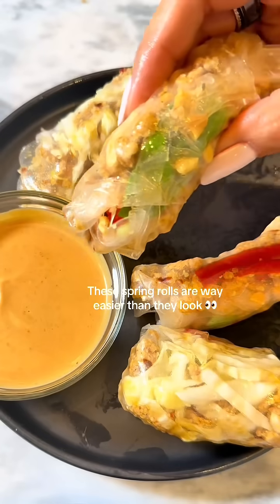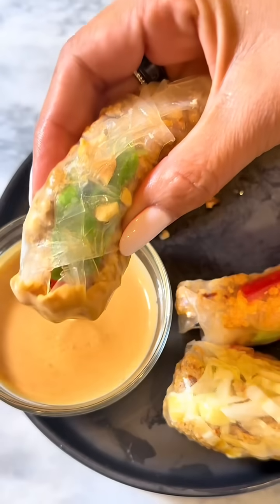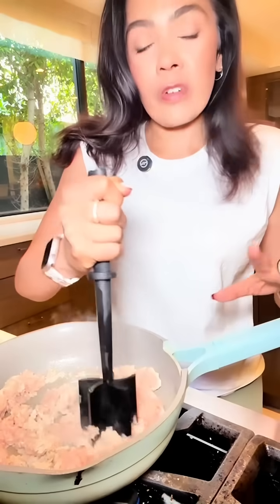These simple, delicious ground chicken spring rolls with a creamy peanut lime sauce are the perfect high protein, high fiber snack or appetizer. So I've got my ground chicken in my skillet with a little bit of avocado oil. I'm just going to break it up and let it brown. And because chicken can be dry, I put a pretty generous amount of avocado oil in, about 1 to 2